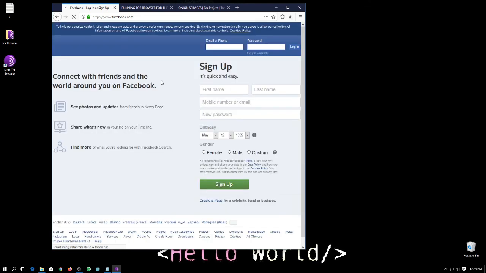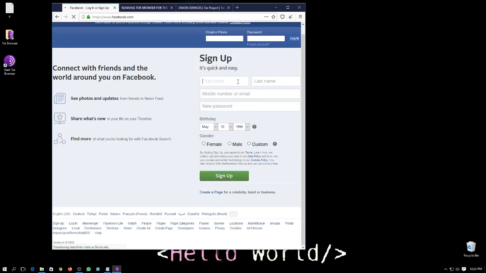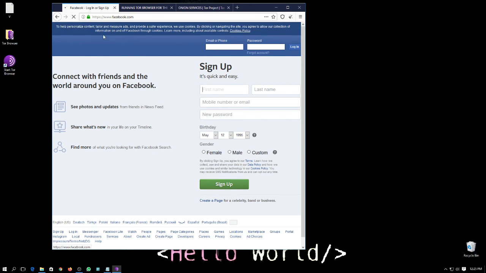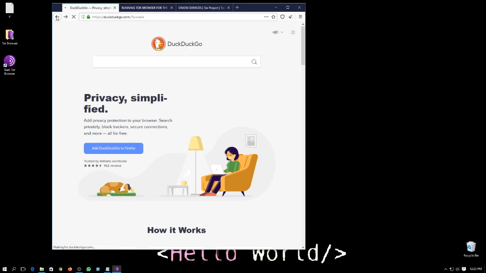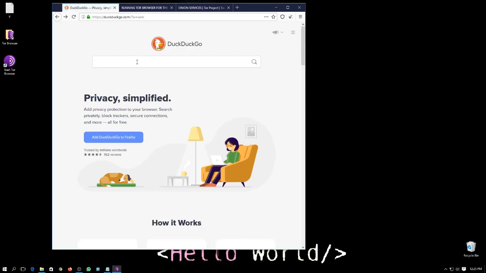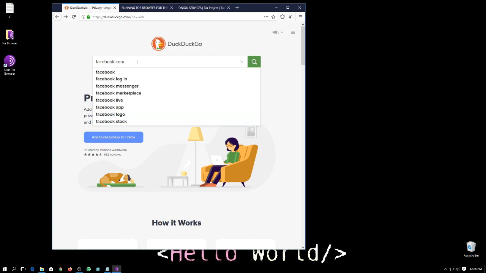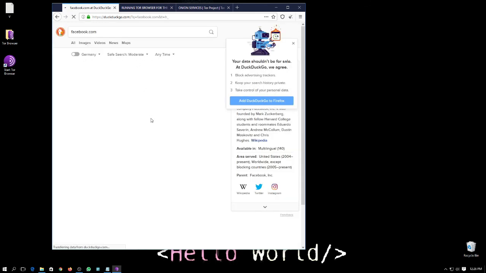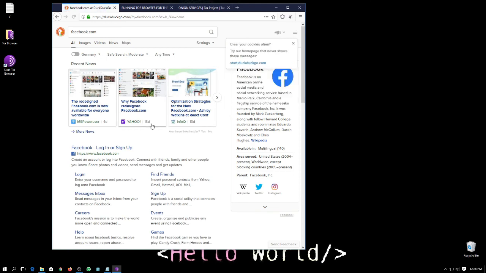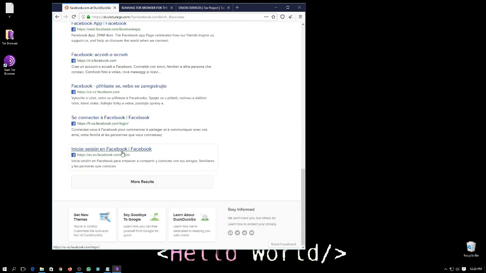So here you can see it has opened Facebook for me. I can sign up or sign in here just like ordinary Facebook. But if I paste it on DuckDuckGo, it will just take me here to its search page, and it is also similar to Google.